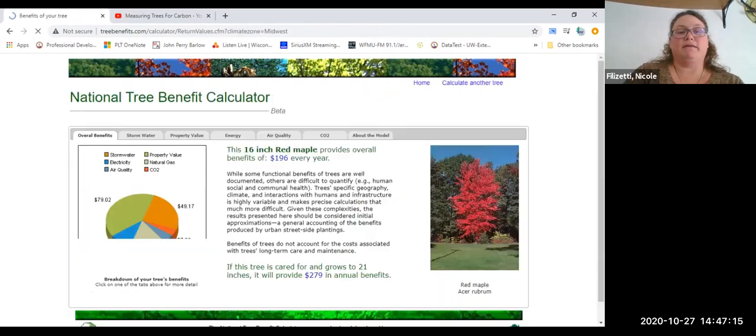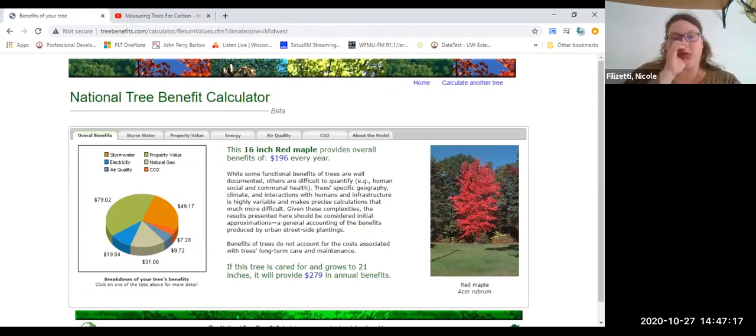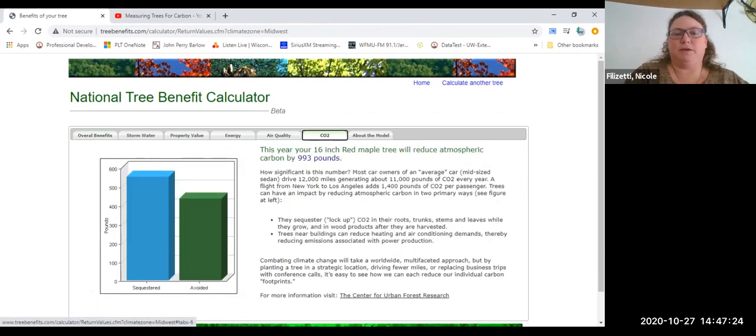And then I hit calculate and it comes up with some really interesting information about our tree. We're going to ignore this nice pie chart for just a second, and I want to jump over to CO2 because that's what we've already been talking about. And if you remember back a minute ago when we looked at our chart, we came up with a number more around the 550 range, right? So this website is also saying the same or roughly the same as what we've had in our chart, but it's also adding a whole other amount of CO2 that's being avoided.